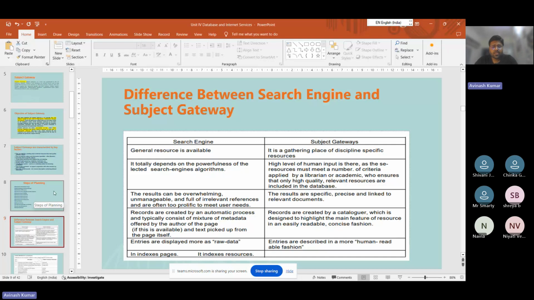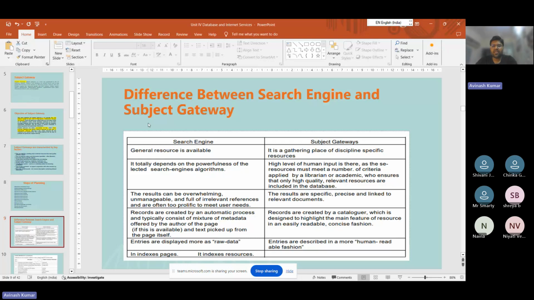So, what are the differences between a search engine and a subject gateway? Now this question will come to your mind. You know that Google and similar tools are search engines. So what is the difference? If you want to find anything, you can google it and get the information, but what is a subject gateway? If you have Google, what is the use of a subject gateway? Does it mean it is useless? No, it is not useless. You can identify the difference on this slide.